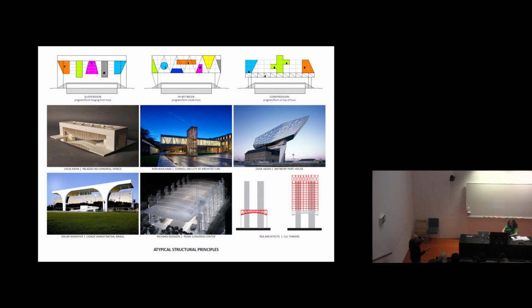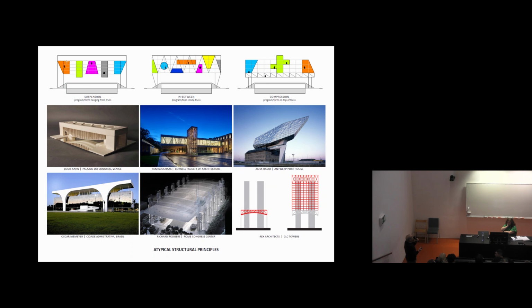On the far right, it's the opposite. It's a compression sort of strategy. That means there is a superstructure spanning the site, and you are putting the forms on top of that structure. And the middle is a hybrid. The middle is an in-between condition where the program is inserted in the middle of the superstructure.